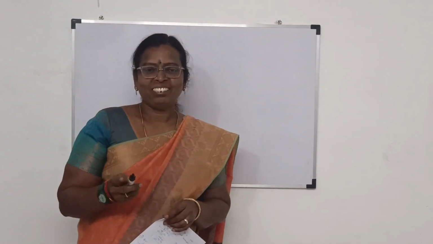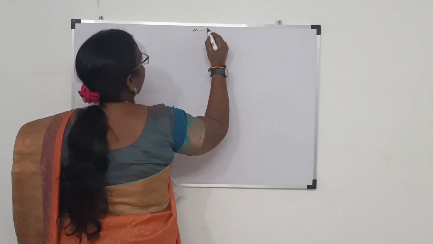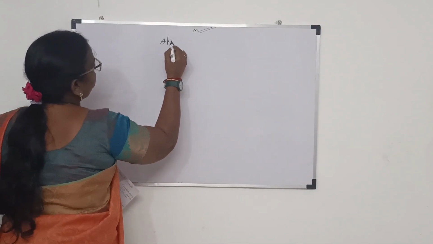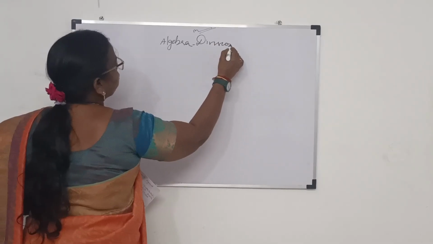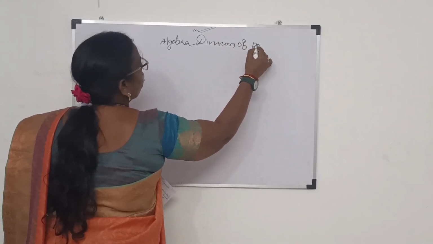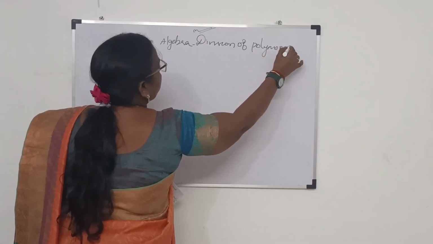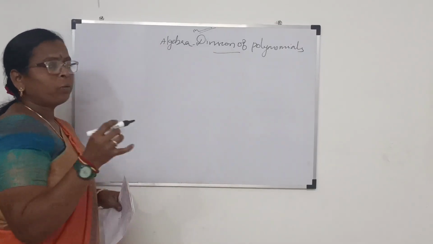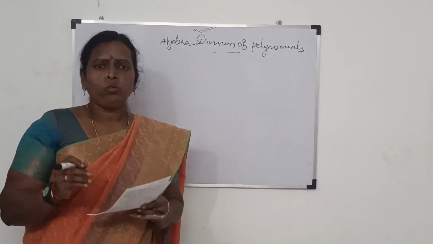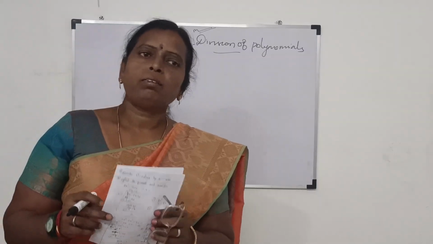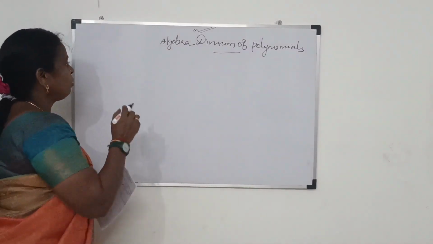Hi, welcome back. So today in arithmetic of polynomials, what we are going to see is division of polynomials. We have seen the four basic operations. So in division of polynomials, what we are going to do is how to divide a given polynomial by the divisor. So, for example, generally,